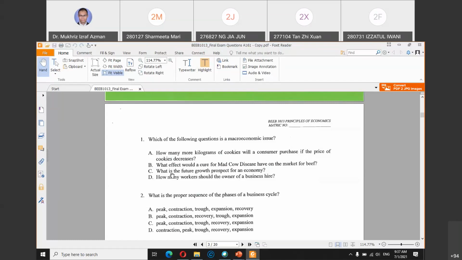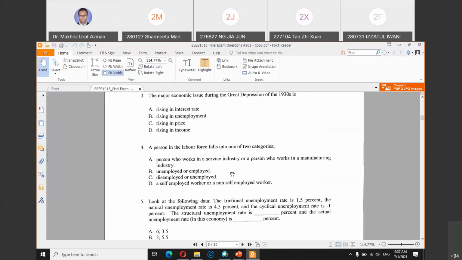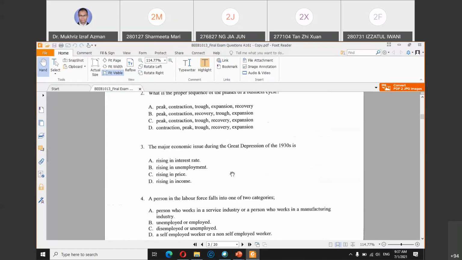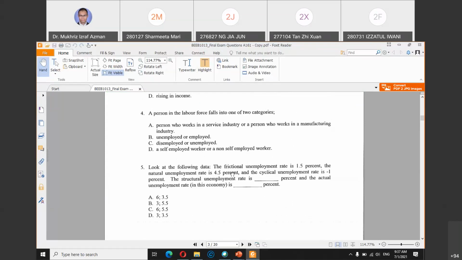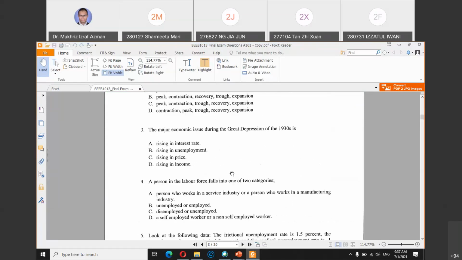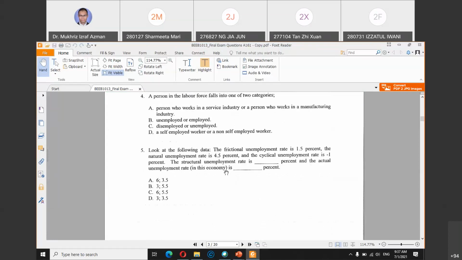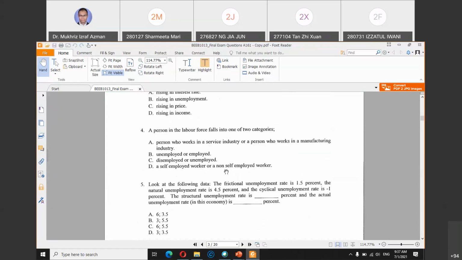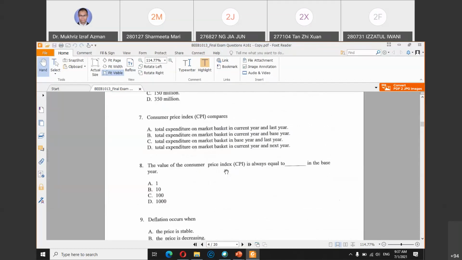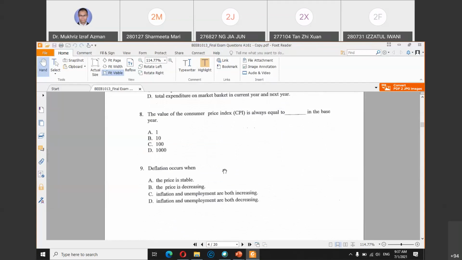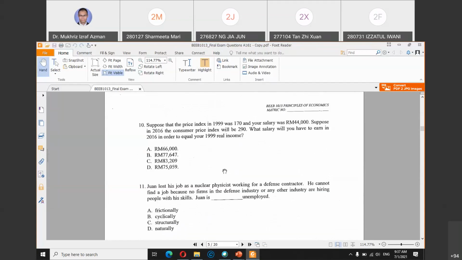So you can see here, the questions start with what macroeconomics is. All of the questions start from chapter 8, 8, 9, and until 14. I think we have done some of the questions in our discussion before, but this question we have not discussed yet. So perhaps you can do this on your own and discuss among your friends what the answer will be.